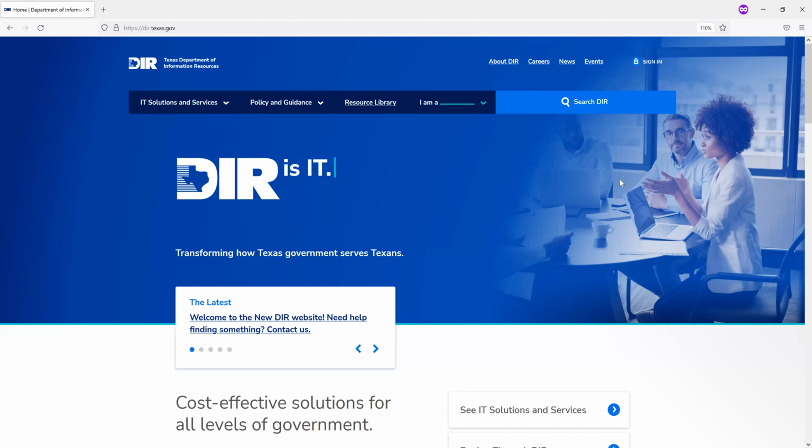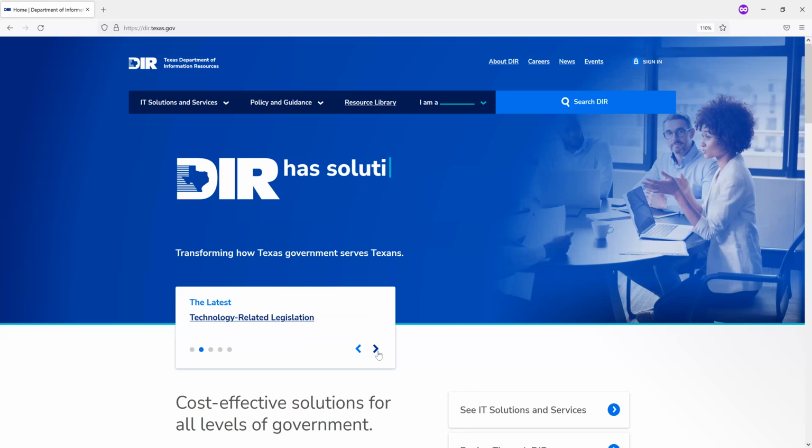If we ever have an issue with the website, you'll also notice that we have a red banner that we'll post onto the homepage or any page that DIR is connected to. So just be on the lookout for things of that nature. If we have either technical issues with the website or things that we need to immediately notify, it will be on the homepage. And then we have a scrolling catalog of events as well.